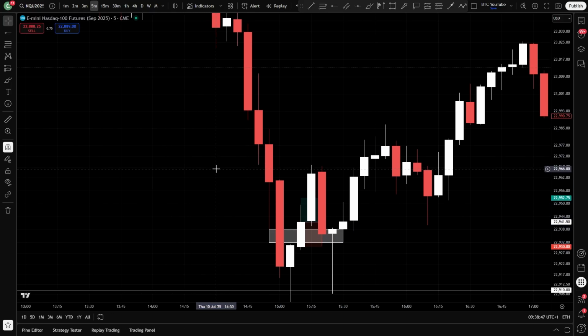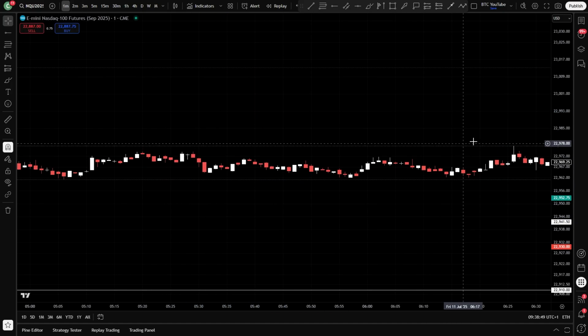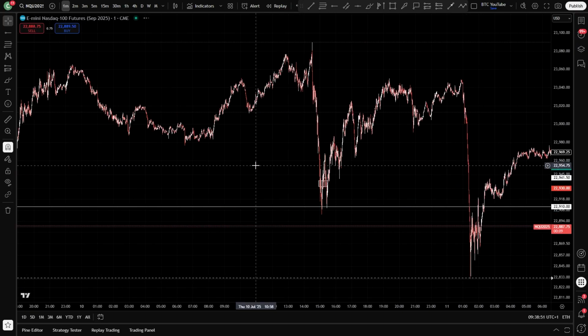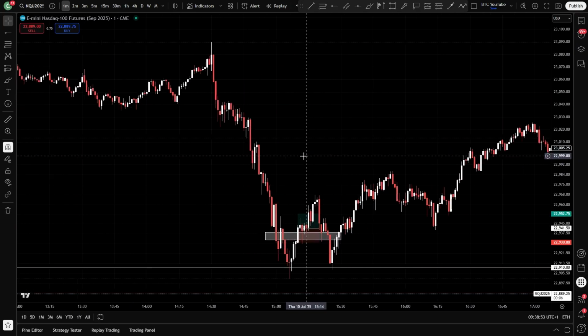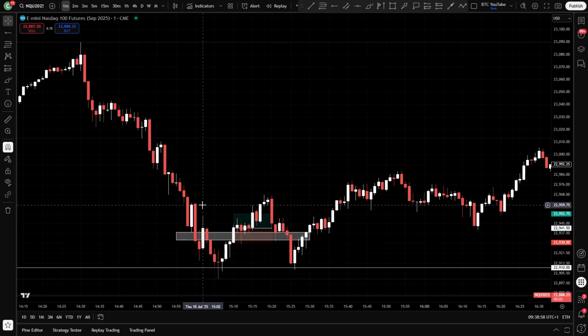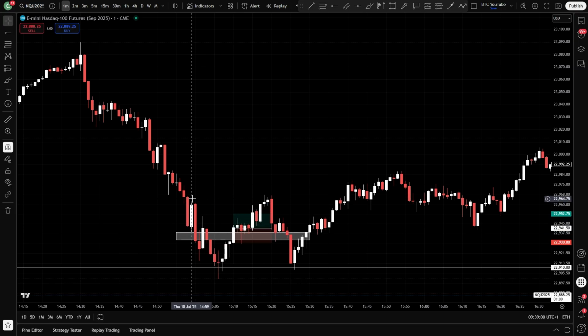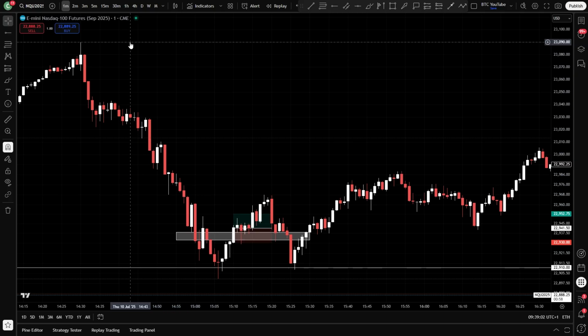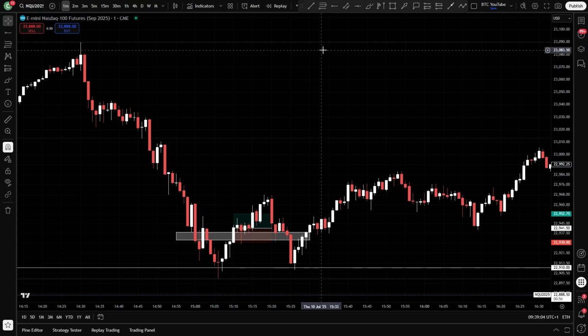And then I came up, what were my targets on this? Let me just take a look at what my targets would have been. So you can see we've got the entry trigger here. We went sideways for a little bit. We came up, obviously because I hit a 1 for 1, I went break even. I think my targets were way up here because this was looking really good for a V shape back to